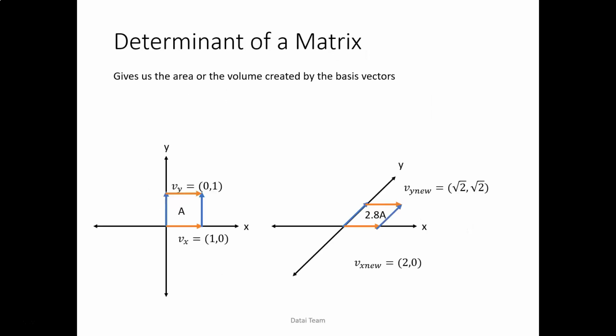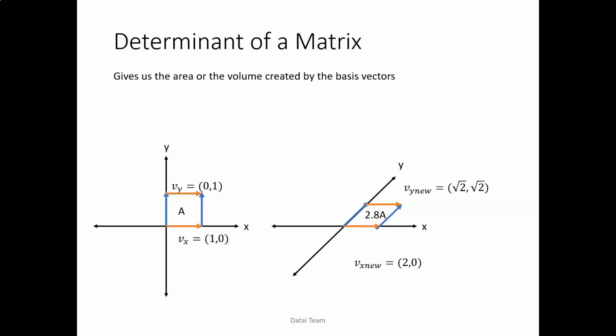And now let's continue with the determinant of a matrix. This gives us the area, or the volume if we are working with three-dimensional spaces, created by the basis vectors. Here we have a simple xy coordinate plane. We have the basis vectors 0, 1, and 1, 0, so the area is simply A. And let's say that we are transforming that space. Our x new is 2, 0, y new is root 2, root 2. The area that is created by those two new basis vectors is